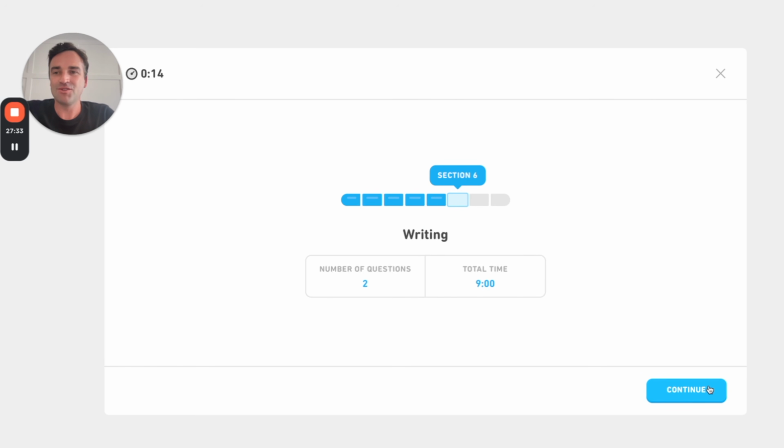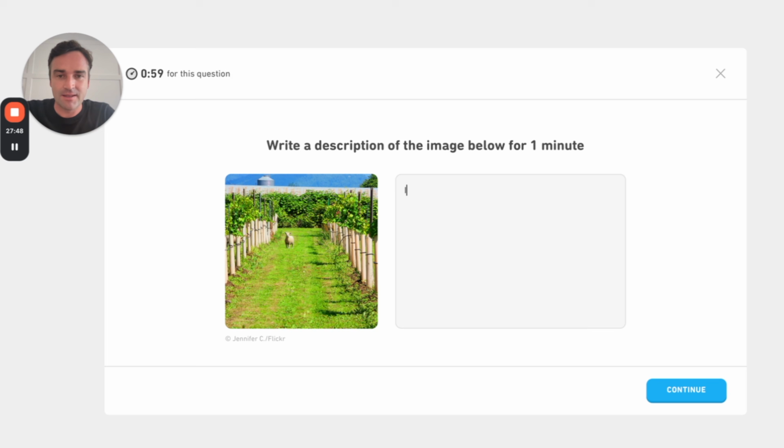Okay, now moving on to the write-in section. Here we'll get 2 question types: write about the photo and interactive writing. On the real test, you'll get 3 write about the photos. However, on this practice test, you just get 1. This is